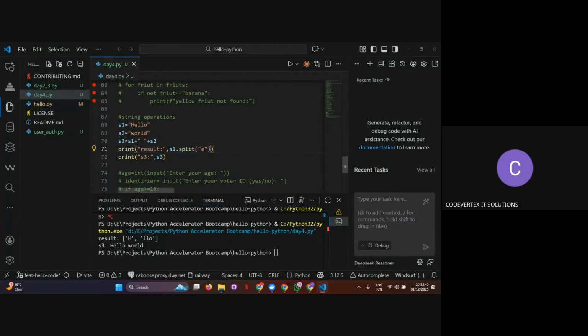So whichever string it prints here, E will not be included. But what happens if I just say split? Now, generally, when you split a string without specifying how you want to split it, it's going to split it letter by letter, assuming that,